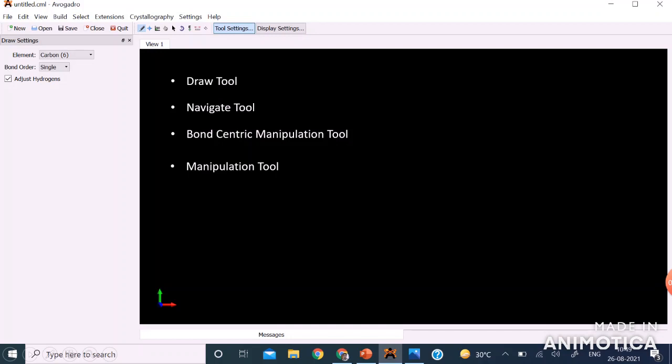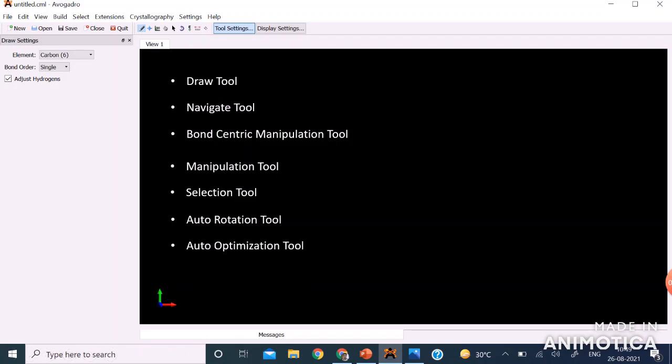the next tool showing on your screen, basically the selection tool. Through the selection tool, you can select a particular atom or a group of atoms or a residue or the complex molecule. Then there is a very important tool that is used during presentation. So, if you want continuous rotation of the molecule, then you can use the auto rotation tool option. Next to this auto rotation tool, there is the auto optimization tool.